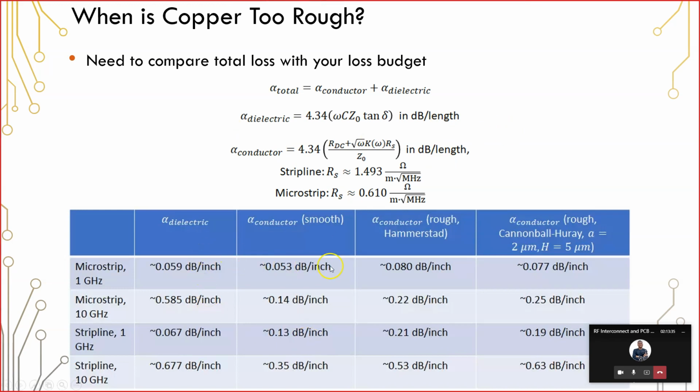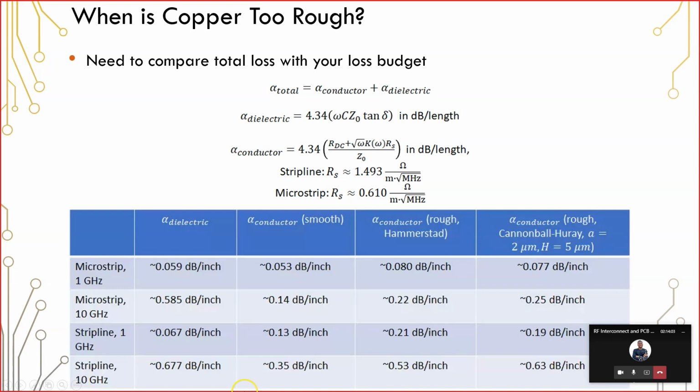So what you see initially is that at low frequencies, the conductor loss can be substantial, and it can exceed the dielectric loss. But eventually, the dielectric loss becomes the dominant loss mechanism. Now, even though the dielectric loss is dominant, that doesn't mean that the conductor loss is insignificant. The conductor loss is still significant, and we can see that very clearly here when we compare what's going on at 10 gigahertz